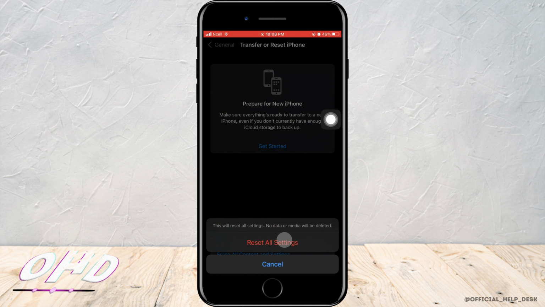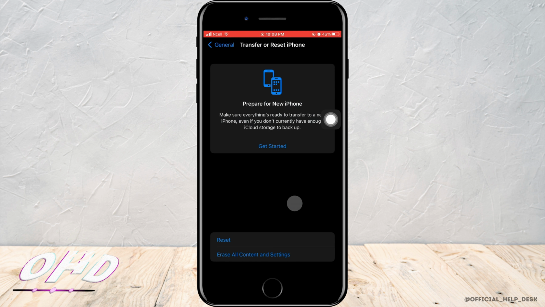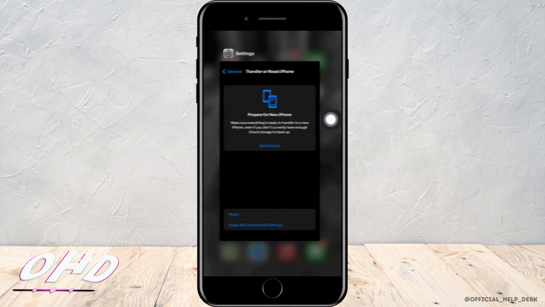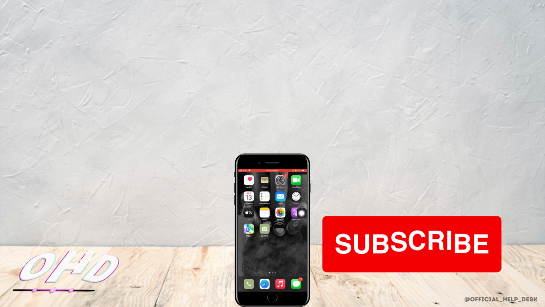all settings. As you do that, what will happen is your phone will be as new as when you bought it, and then you'll be able to sell it or anything else that you can do. That is how you can delete